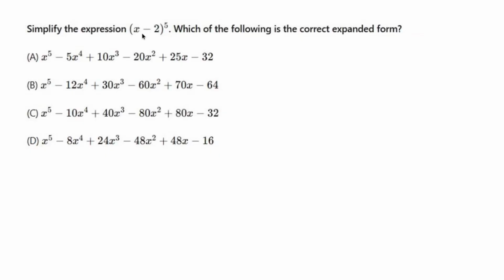Simplify the expression (x minus 2) to the fifth. Which of the following is the correct expanded form? Oh yes, Pascal's triangle and the binomial theorem. So what we need to do is build 5 degrees of Pascal's triangle, which means 6 levels